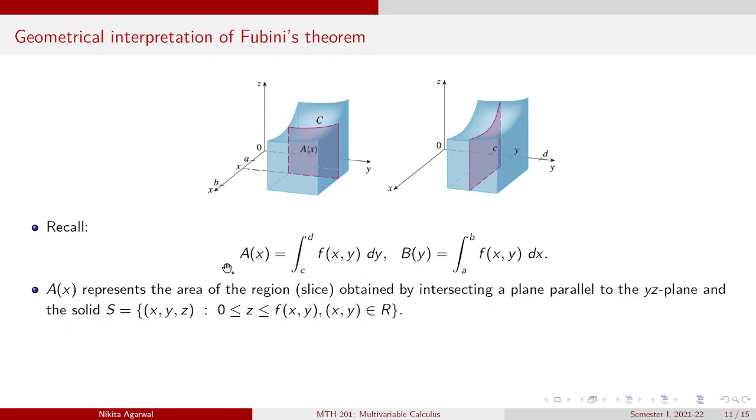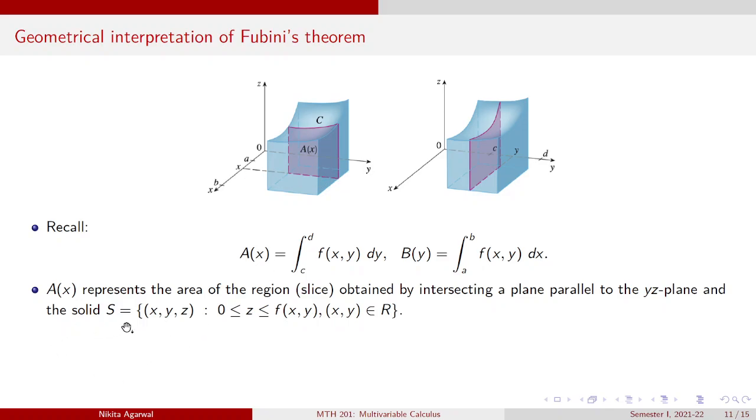So what is A(x)? A(x) is nothing but the area of this purple region. So it's like one variable. A(x) represents the area of the region or slice obtained by intersecting a plane parallel to the yz plane, in this case x equal to this constant,